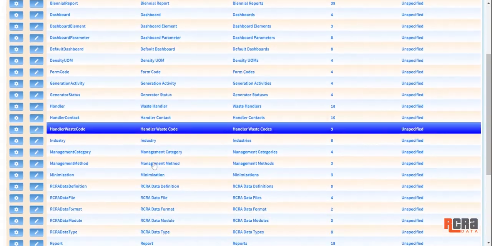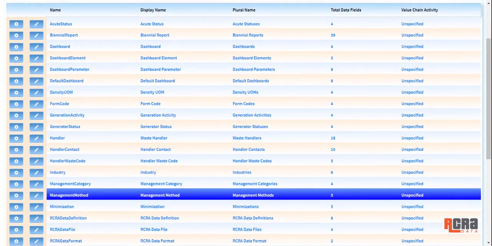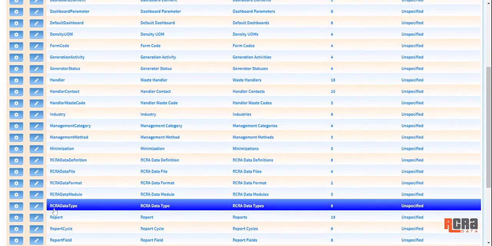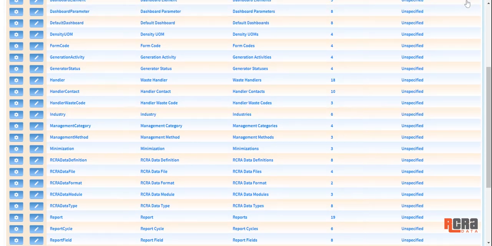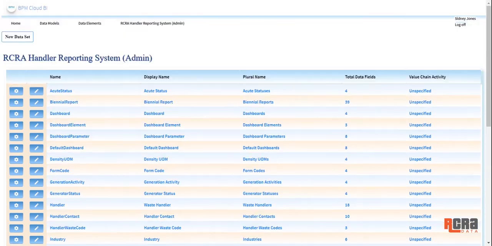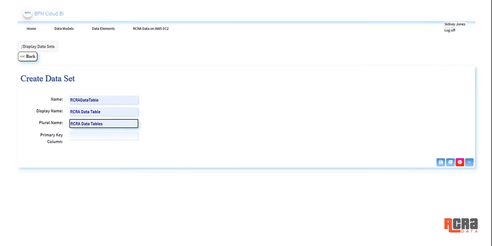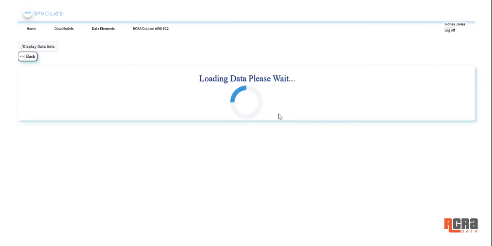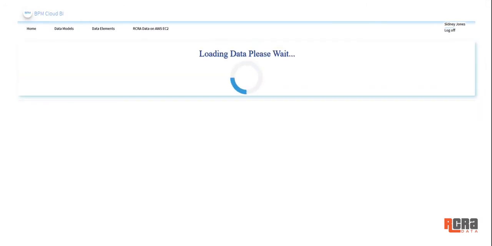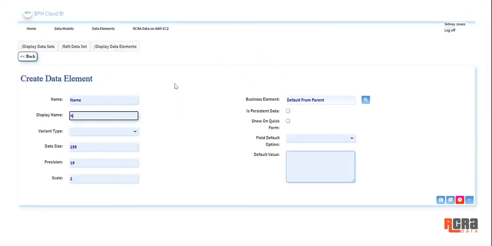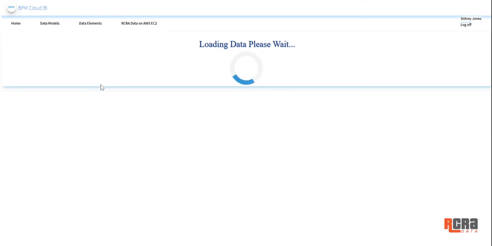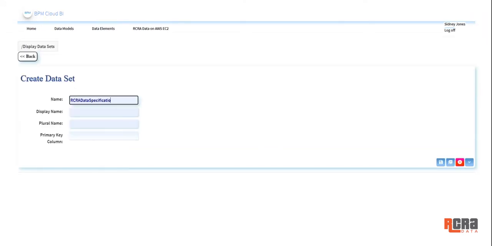In this example, we will use our Cloud Database Management application called BPM to design the database model and display this data visually once it's loaded. First, let's create a data table called Module. This table will be used as a container for all the RCRA data modules we want to extract from the EPA website. Next, we'll create a data table called RCRA Data Table to store all the different types of data